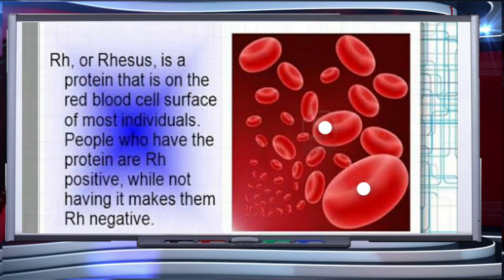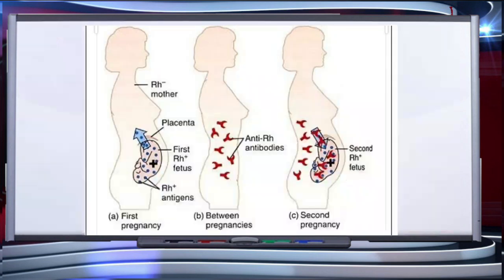A special case of Rh mismatching has been observed between the Rh negative blood of a pregnant mother and the Rh positive blood of the fetus. Rh antigens of the fetus do not get exposed to the Rh negative blood of the mother in the first pregnancy, as the two bloods are well separated by the placenta. However, during the delivery of the first child, there is a possibility of exposure of the maternal blood to small amounts of the Rh positive blood from the fetus.